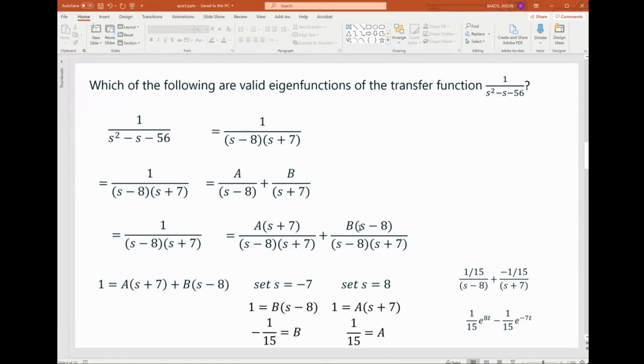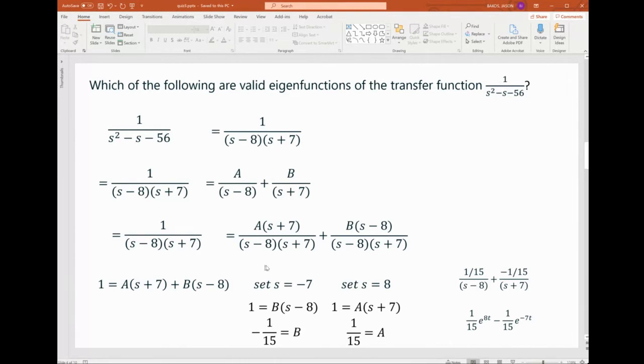And then the second term would be B times s minus 8 over s minus 8 times s plus 7. So the idea is that you break this term apart into a sum, and then you make the denominators what they originally were, and then we can essentially